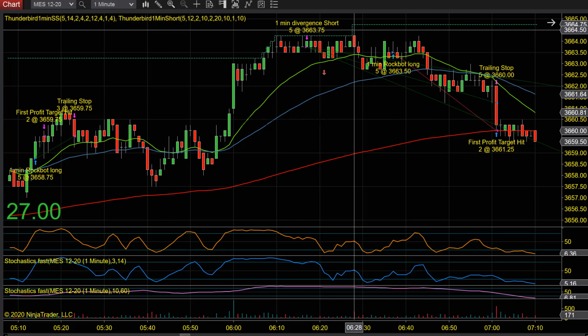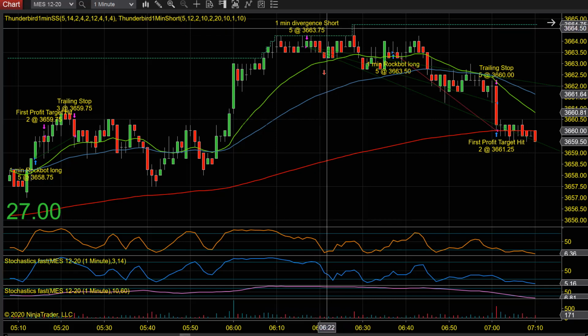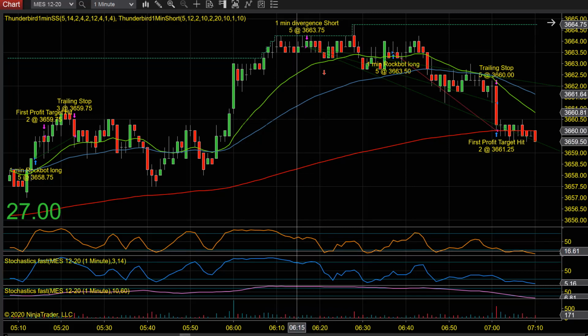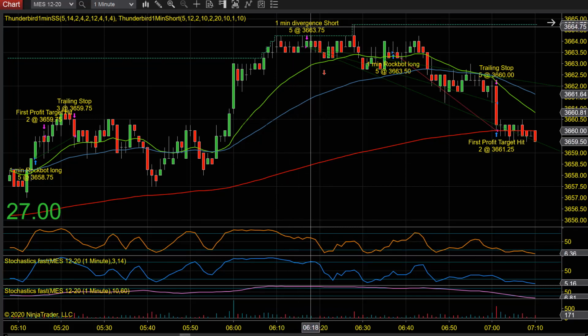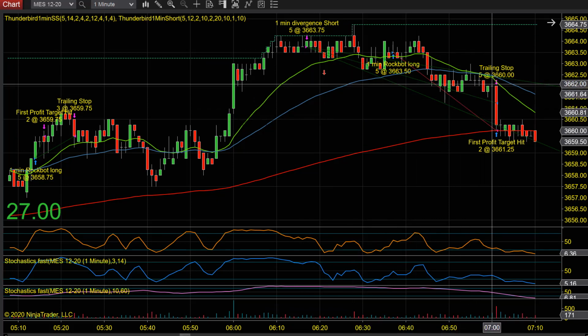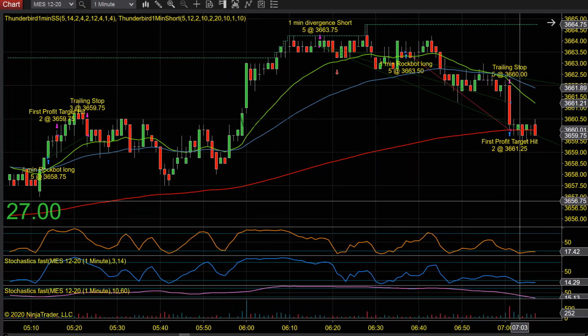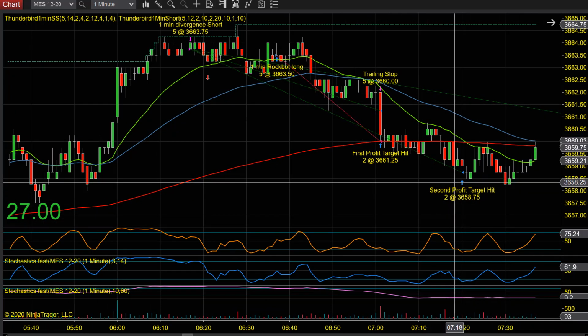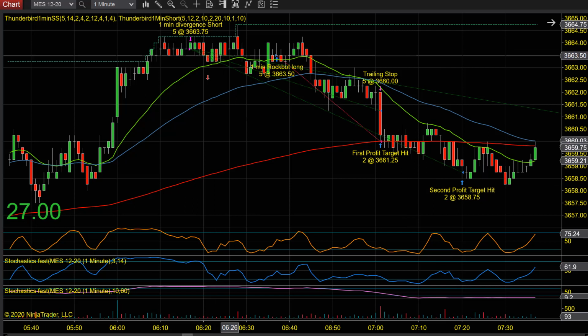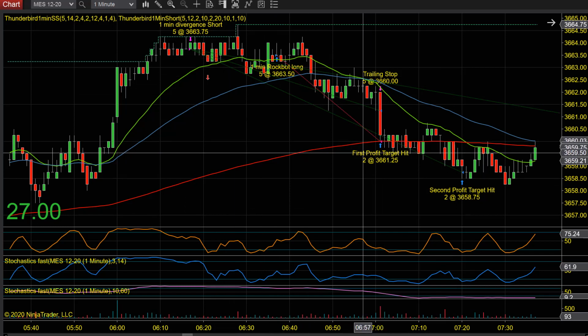So actually, it was a little before that one. That was the second divergence. So right here was the divergence. You can see the lower high on the stochastic. So it did have that nice divergence short. And look, taking profits somewhere way down here because I gave it a lot of room. Look, this is profit hit on this short. And while we're profit hit on that short,